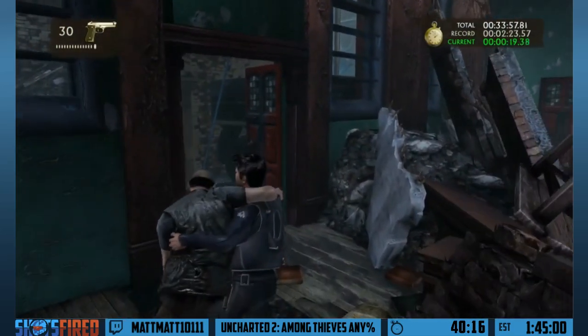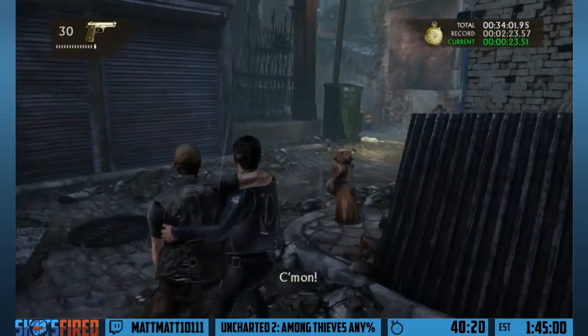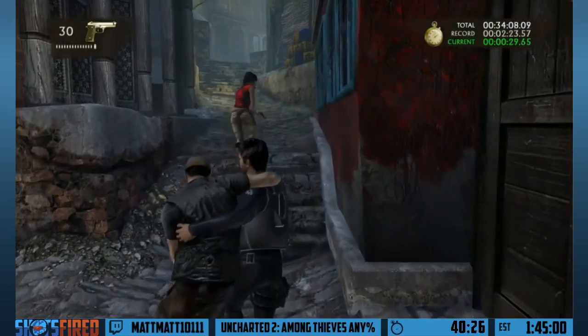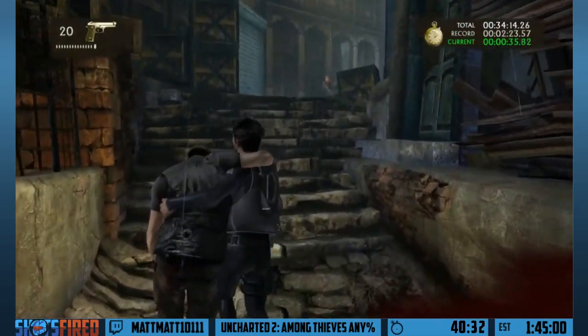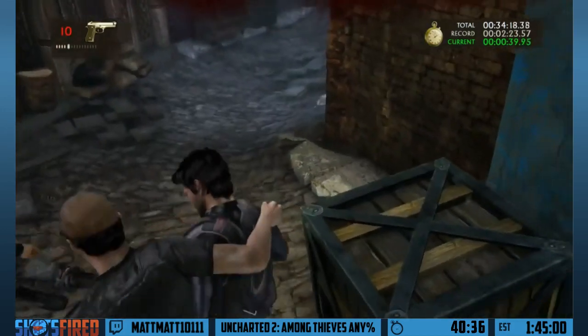So basically in this section we just have to carry him. He can stagger, but to avoid this we just tap aim every few seconds, and that will reset his stagger timer, I think, and then it just never happens. We just tap aim. Facts, yeah, Matt does aim with a controller. This game is PS4, so...